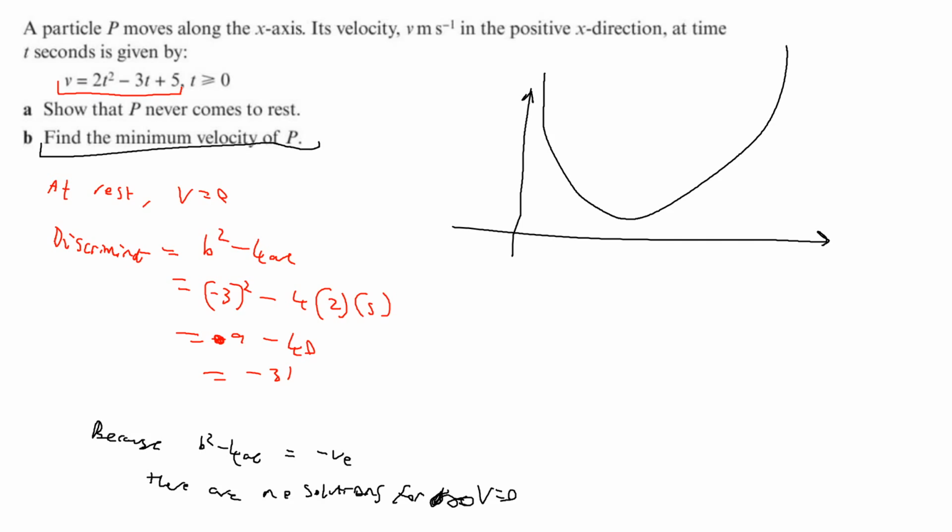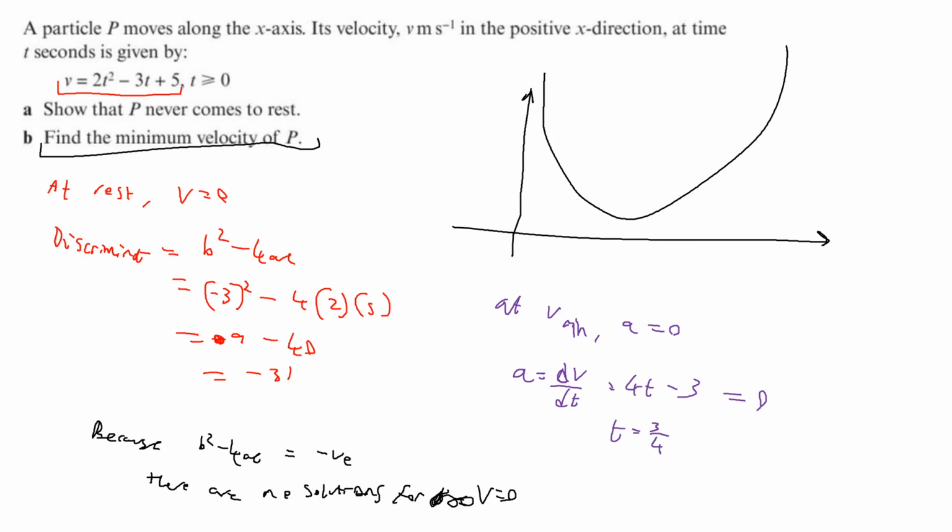So how will we find the minimum velocity of P? What did we say about the minimum velocity? At V min, we're told that acceleration is equal to 0. So the acceleration function is just dv by dt, which is 4t minus 3, which is equal to 0. So therefore, t is equal to